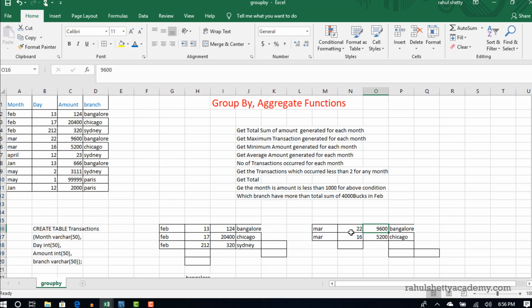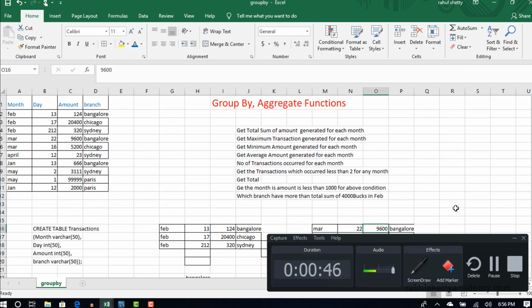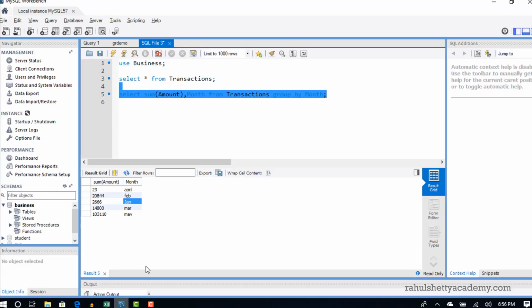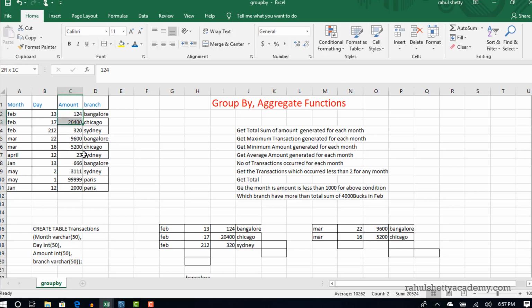So if we ask sum, then simply by group by sum we were able to achieve that. But this time it's asking maximum. So there is one more function in SQL, which is max. When you say like this, it will go and search for the maximum amount in that specific column and give you that transactions. If I don't give group, what happens? It simply scans the entire table and sees which row has the maximum amount, and it will give you.